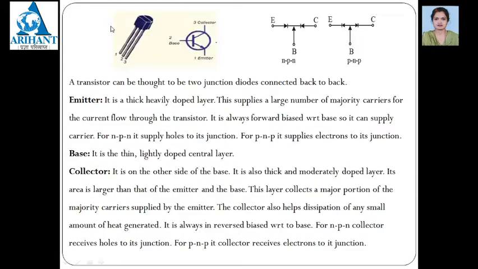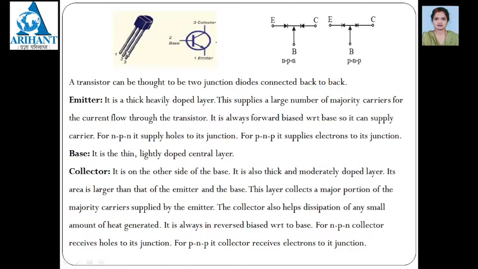Physically, transistor looks like this. This end has one notch and it has three leads. This is the circular or dome shaped part. See which is the emitter, which is the base and which is the collector. If that flat end is towards you, then first pin, that is 1, is called the emitter. Second one is the base and third one is the collector. So this transistor has three ends, emitter, base and collector.